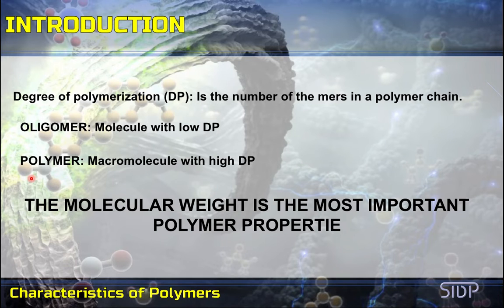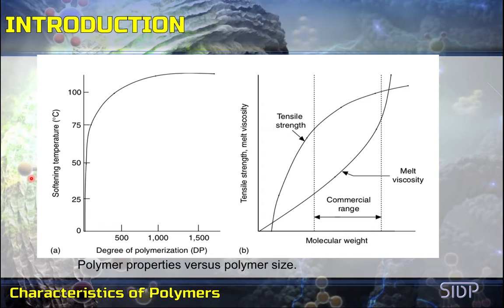Because of their large molecular size, polymers possess unique chemical and physical properties. These properties begin to appear when the polymer chain is of sufficient length. In other words, when the molecular weight exceeds a threshold value, and they become more prominent as the size of the molecule increases. The dependence of the boiling temperature of polyethylene on the degree of polymerization is shown in this picture.